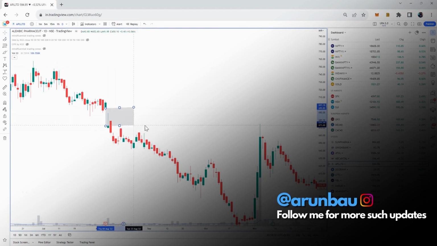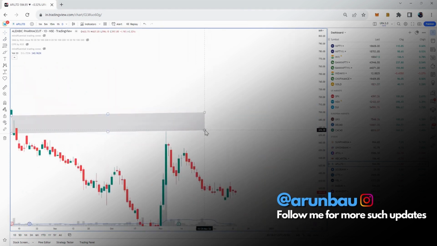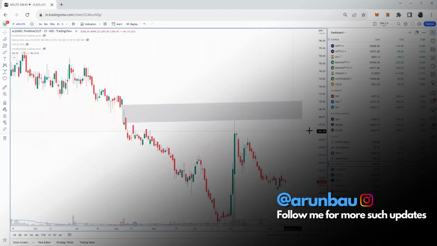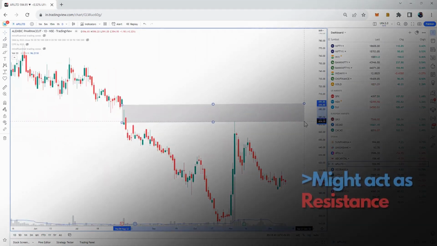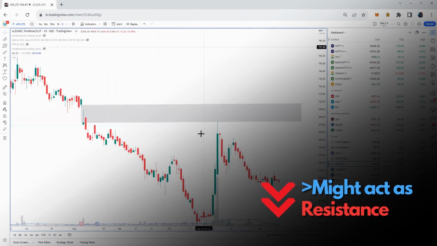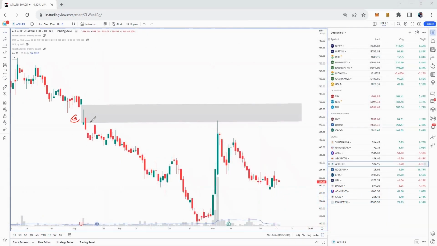You can mark a zone and then extend it further. Now what happens? This entire zone might act as a resistance because there was a huge selling pressure that got created around this area. And till the time this level is getting broken, we can hold a sideways to bearish perspective. And the reasoning is also important, especially when it